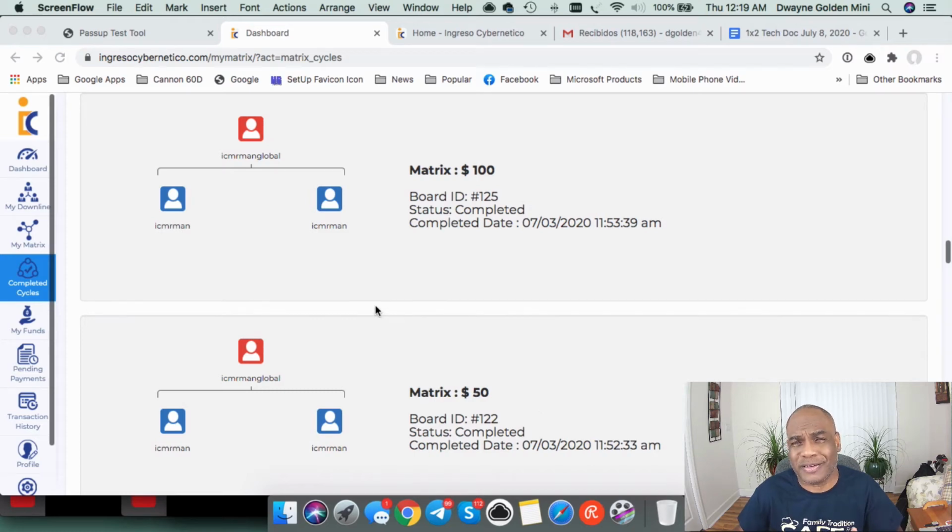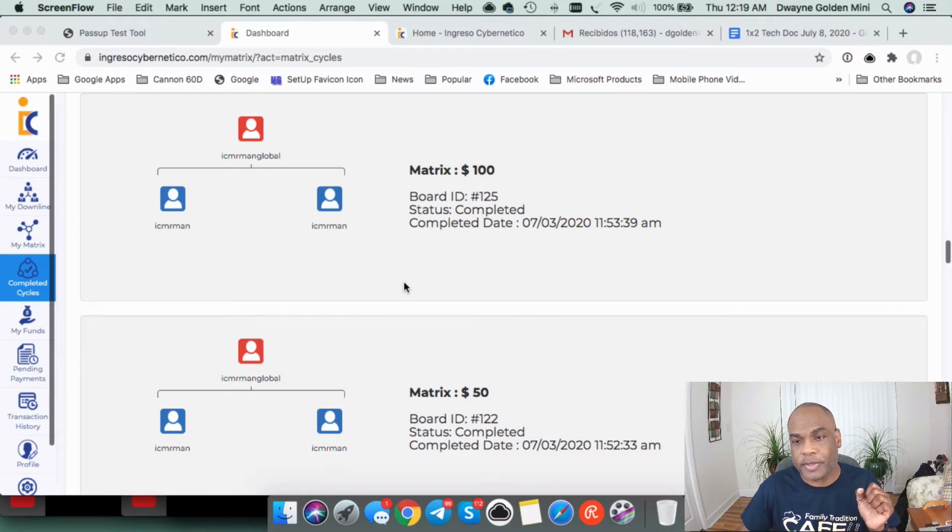So now what we'll do is look at completed cycles. When you look at the completed cycles from this tab, you're going to see yourself in matrices that already have people with names under them. So in this test account, for recording purposes, we actually have some things here from the date last week when